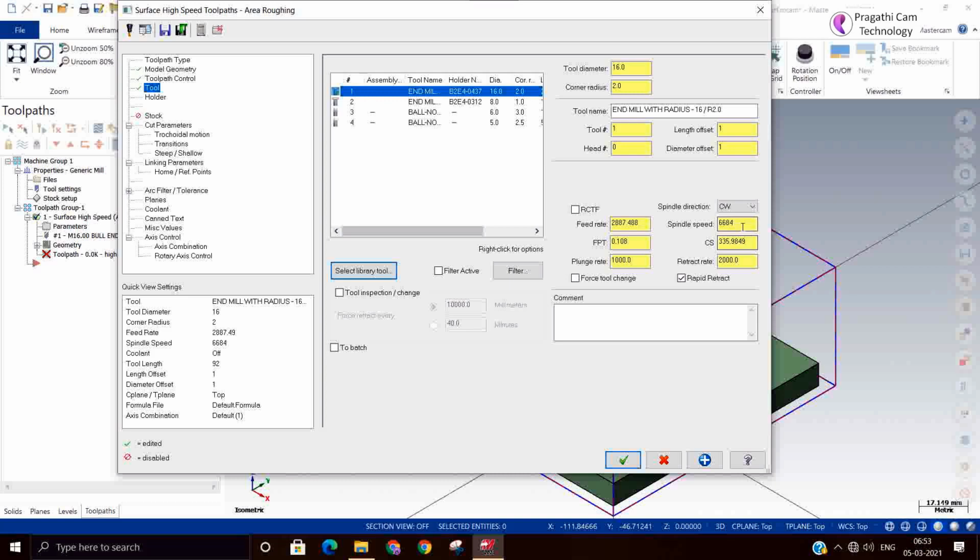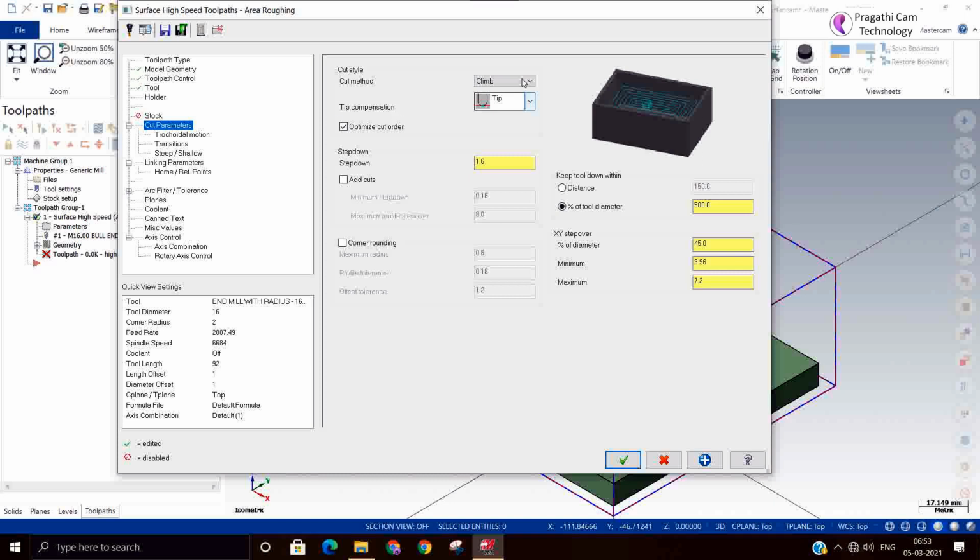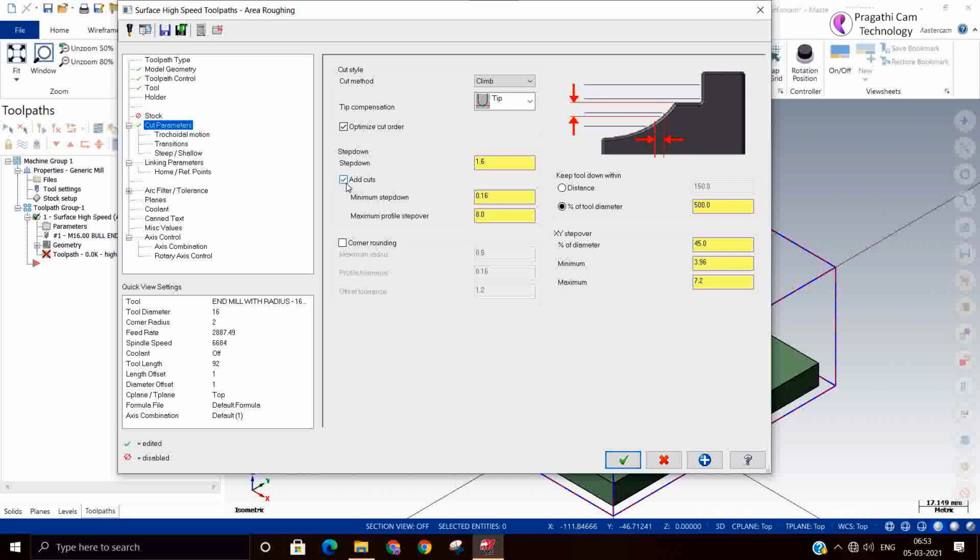The tool I just selected. You can give the parameters whatever is needed. Here we can say add cuts. When there is a steep area, it will add additional cuts. We can modify the minimum step down, and you can modify this step down.